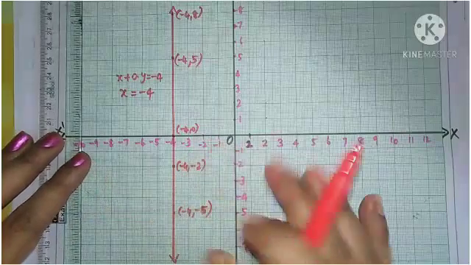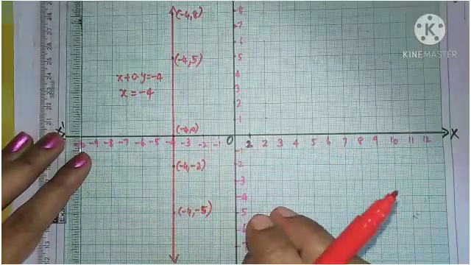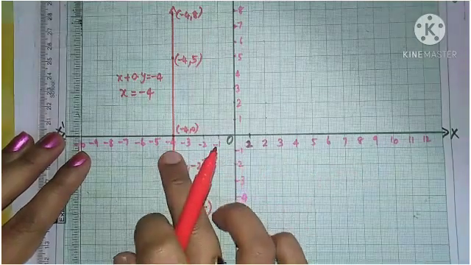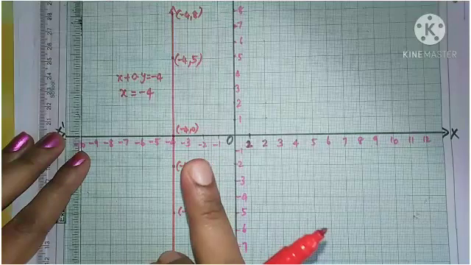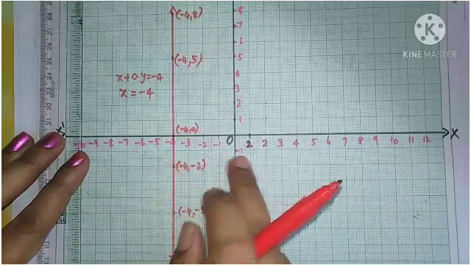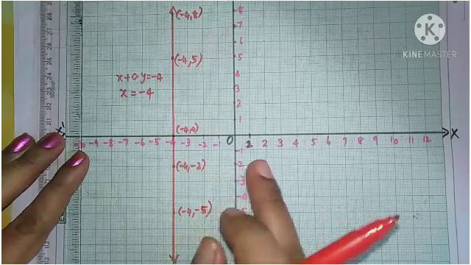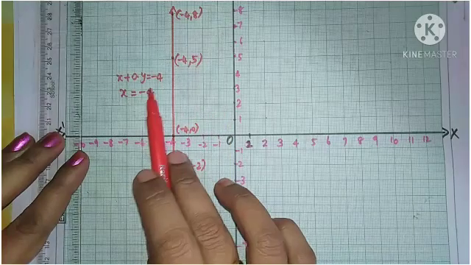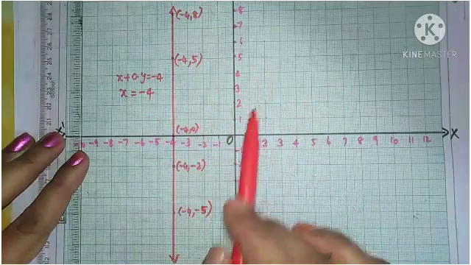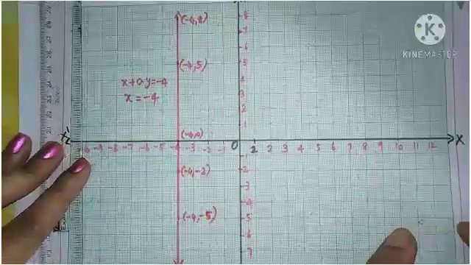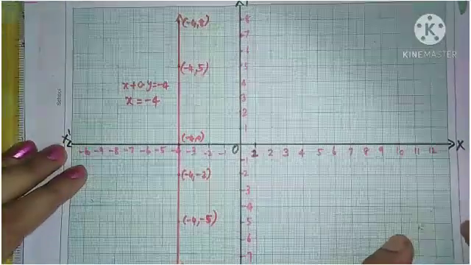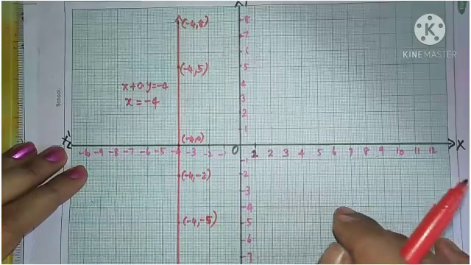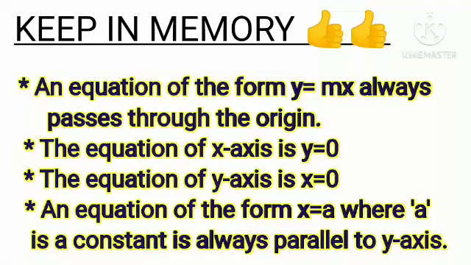Okay, so all together we want to learn how to draw a one variable graph using a number line, and how to draw a two variable graph when there is only one value for x like this, and that will be parallel to the y axis. Similarly, in the other situation, if y equal to a value is given, you want to draw the graph through that point of y, which will be parallel to the x axis. So you will get that as a problem in homework, and that is all about the thing parallel to the y axis. Keep in memory what you studied today.